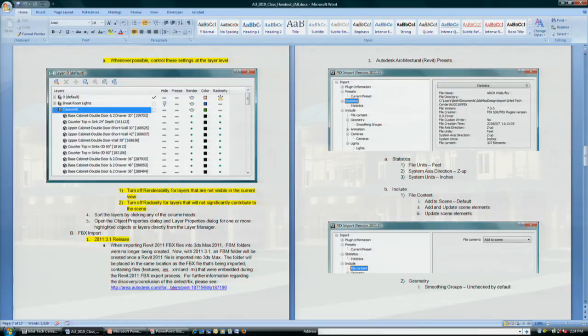Down here in the notes, I've already talked about this. FBX import 2011.3.1. And this was actually a quote. This bullet item here was a quote from Ken Pimentel, who's the product manager for 3ds Max. It says, when importing 2011 into Max, the FBM folders were no longer being created. Now with the .3 release, the FBM folder is created. Once the file is imported into Max, the folder will be placed in the same location as the FBX file